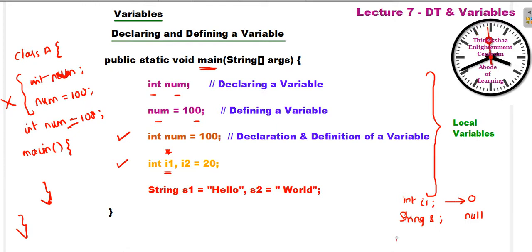And for object reference, for example, for the class I am creating an object obj. This is said to be an object reference, that is, you are not creating an object but referring to the object with a reference value. So here this obj, if it is not given, the default value will be null. Like this you will have the default values for the instance as well as the static variables. But in a local variable, if you declare the variable, you must initialize it. It will not take 0 for this. We will see an example for that also.